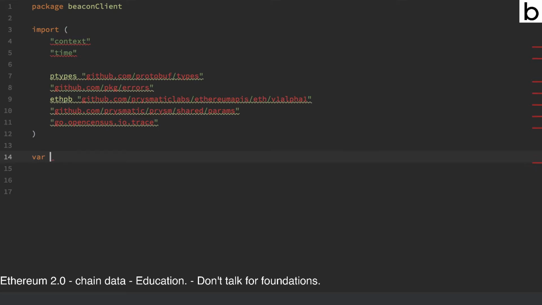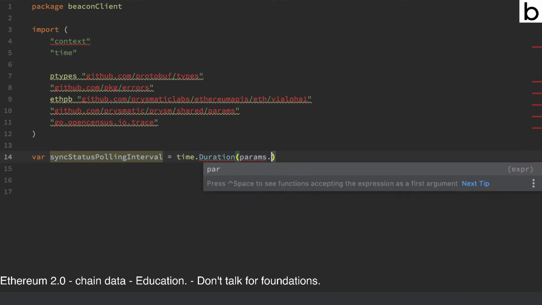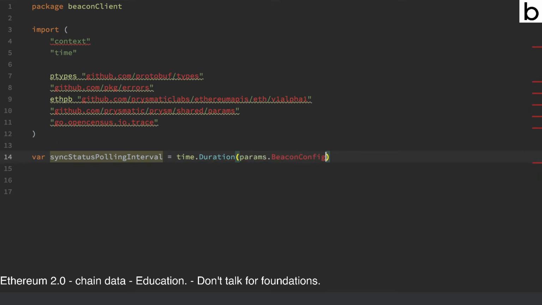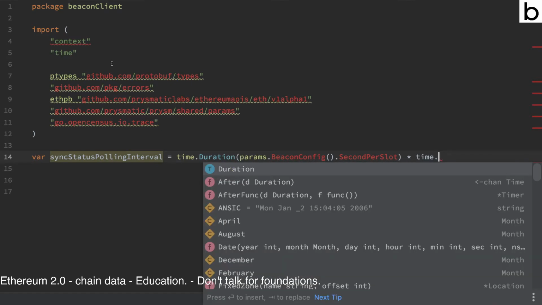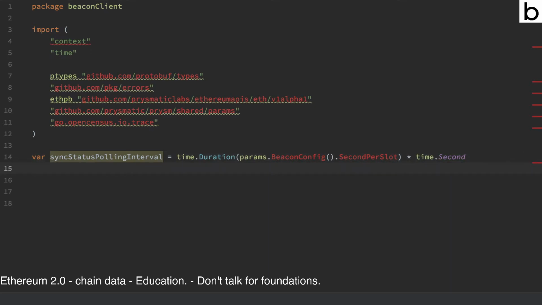So we need the status of this, that they call polling interval. And we have the parameters of this beacon config, that actually is the principal chain. Then we need to create the chain head